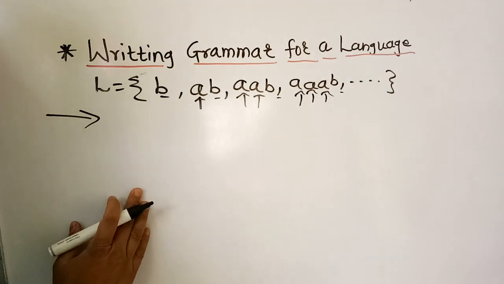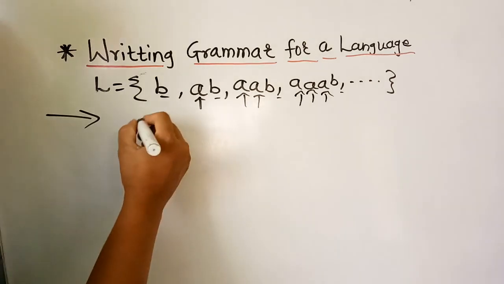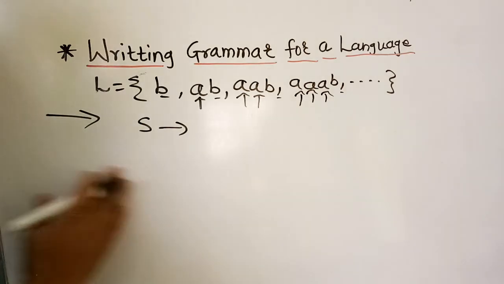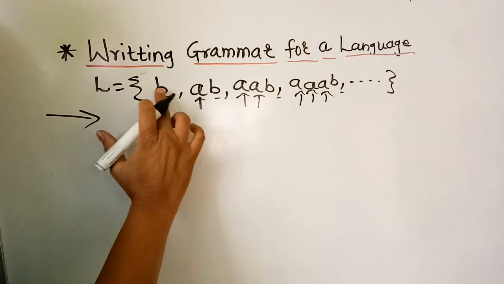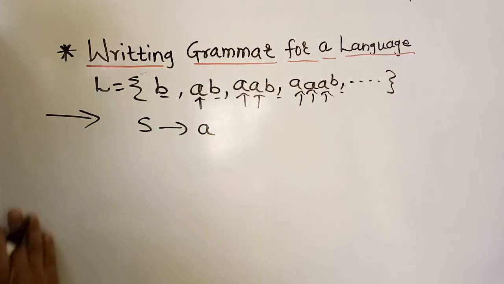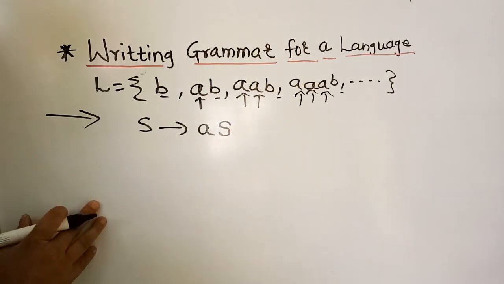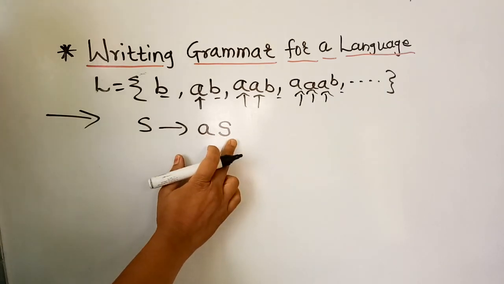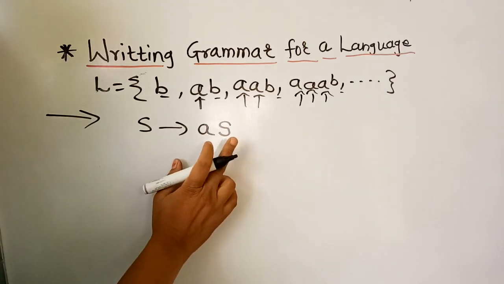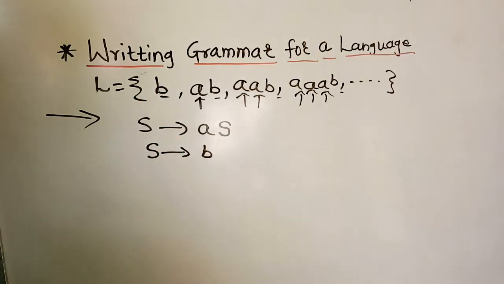So, how will it be calculated? It can be calculated like, for example, S gives, first of all, it is compulsory to have the A, so we will only write the recursive term. Then, for recursion, we will take S. Now carefully see here, for multiplying each and every term by B, we have to take a production S gives B.